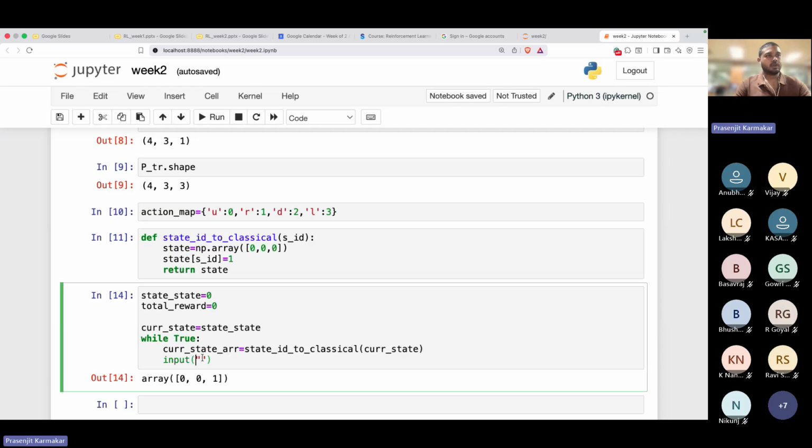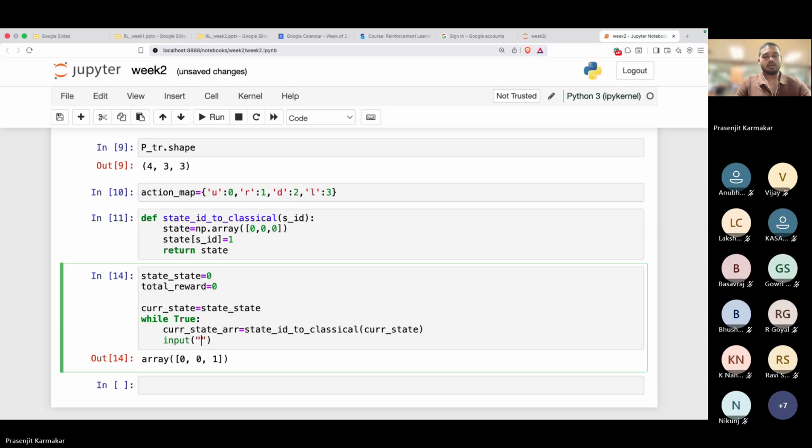Array. So in input, we'll ask, you are in what state ID. Okay, so you are in current state, and give action. These are the possible actions we also provide: up, right, down, left. And then if the user gives the action,